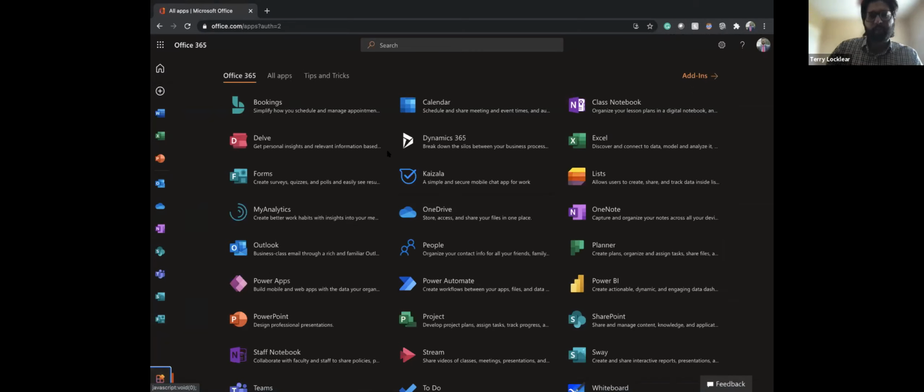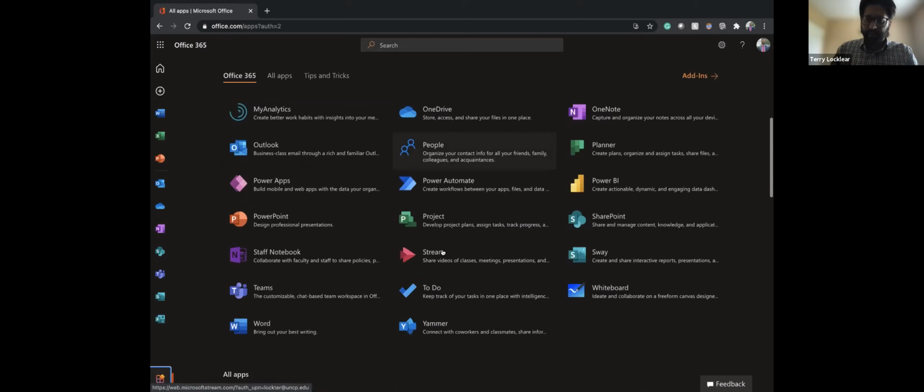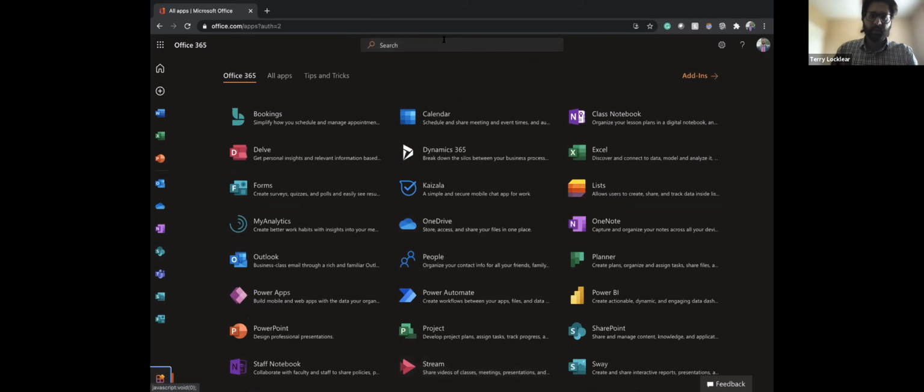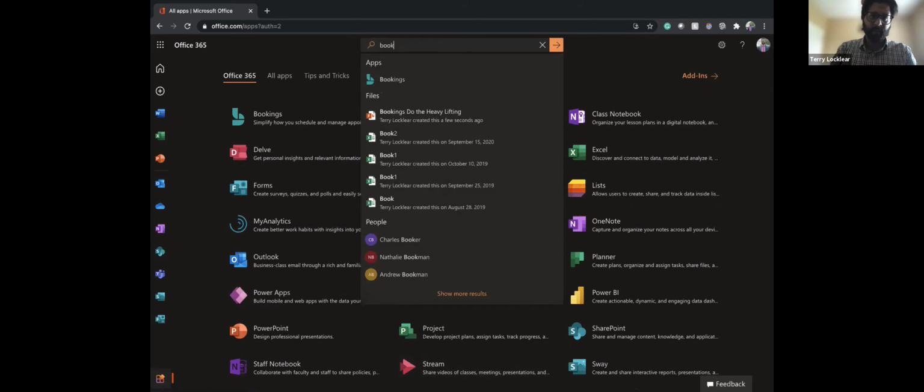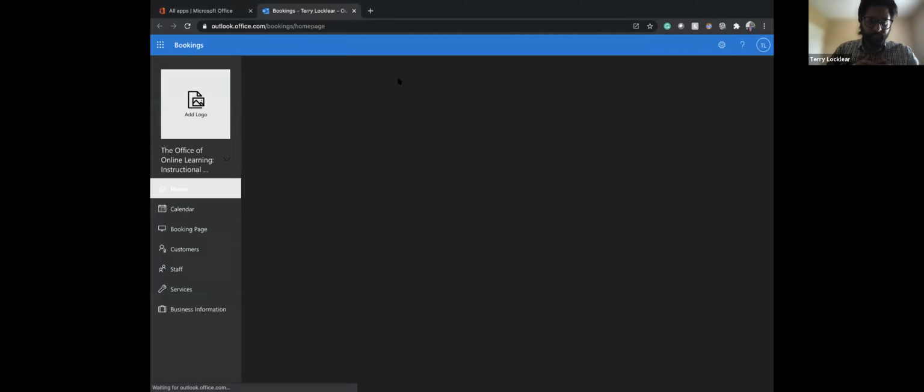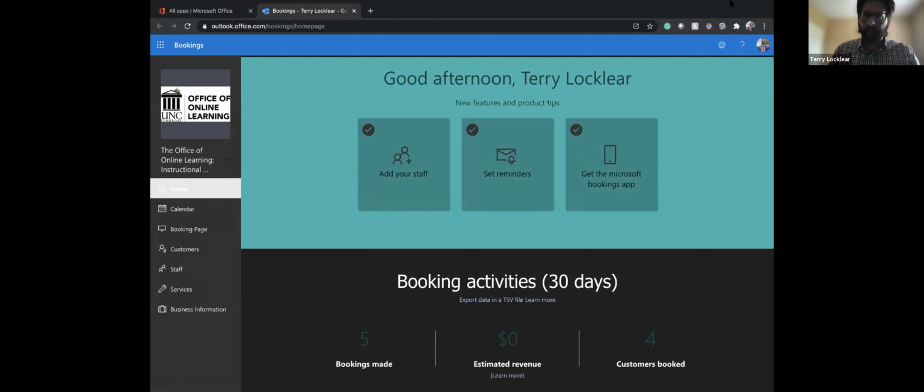I'm sure that when you click on All Apps, you're going to get a different ordering of the way these are arranged. You'll notice that Bookings is the first one for me because I've been using it for this presentation, preparing things and taking a look at it often. If it's not easy to find, you can always just type it in here. So, Bookings. If I open it up on my end,